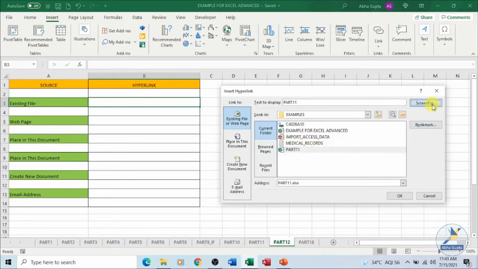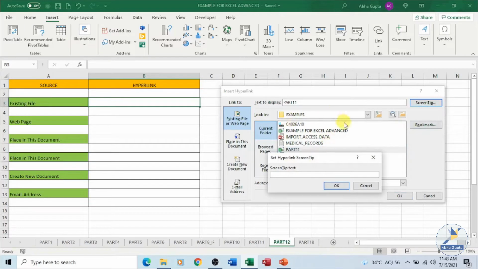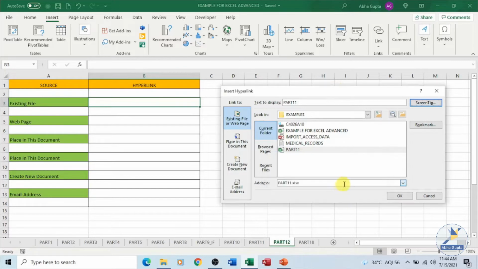If you want, you can add a screen tip also, so that if I hover my mouse pointer on this text, it gives me a tip. Say I type "click here", you can see the tip over there. Click on OK. I have selected my file. You can see the address, it is in the same folder. Click on OK.